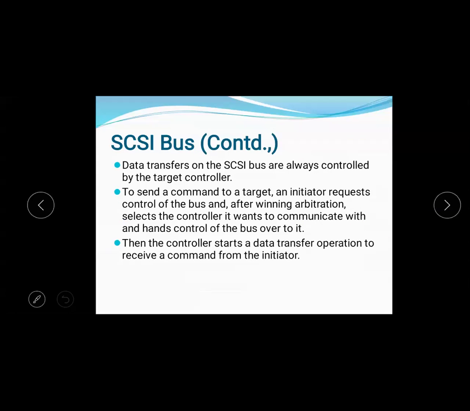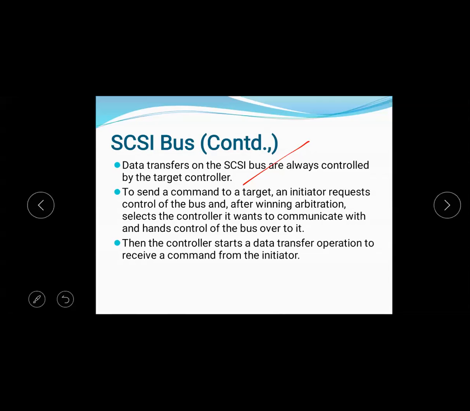Data transfers on the SCSI bus are always controlled by the target controller. To send a command to a target, the initiator requests control of the bus, and after winning arbitration, tells the controller it wants to communicate.